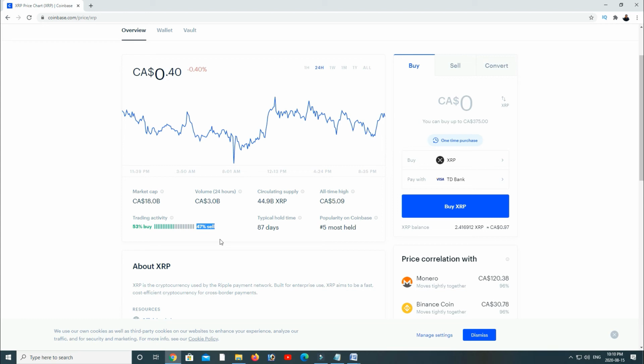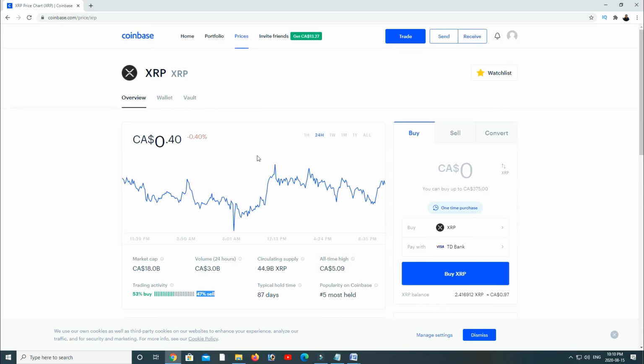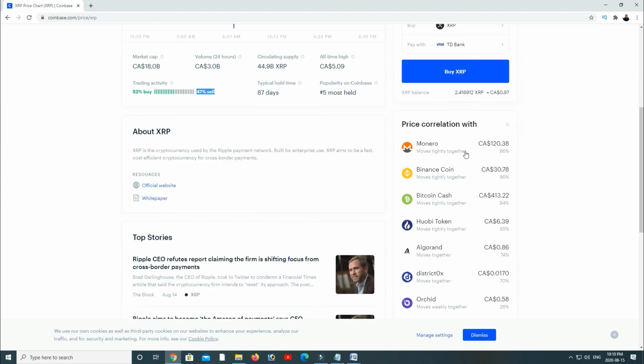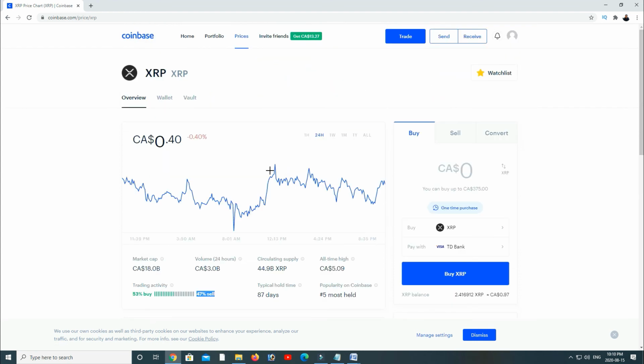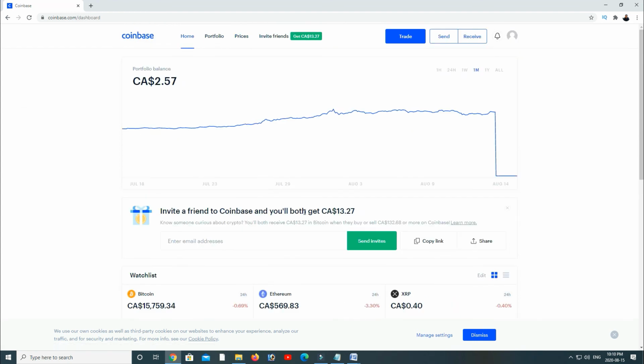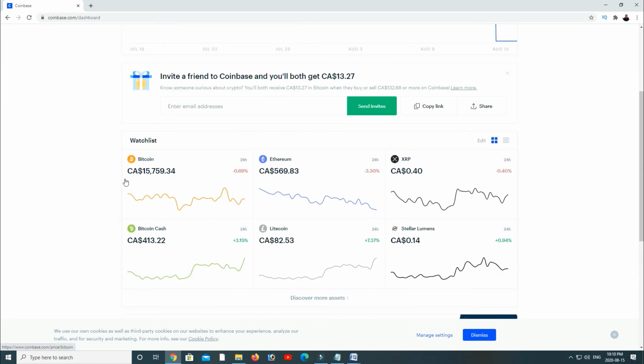This type of analysis you need to do yourself, and then you can buy and sell. It's a really profitable investment, and as far as my understanding, it's safe. Bitcoin and XRP both have strong market capital. If you're looking for a very safe investment, I can advise you to go with Bitcoin. And if you want to learn how it works, and it is your first time, I can advise you to invest with XRP,